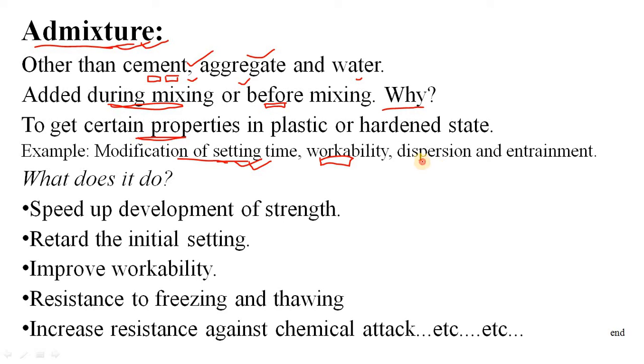So there are different types of desires for an engineer from a concrete which they want to achieve, but these are not available from simply mixed concrete made from cement, aggregate and water. In those cases we have to use a fourth material. This is first, second and third, so we have to use a fourth material which is known as admixture. So this is the background of admixture, what it is and why it is used. Now if I use admixture, what are the benefits I may get? So first, I've already discussed setting time.